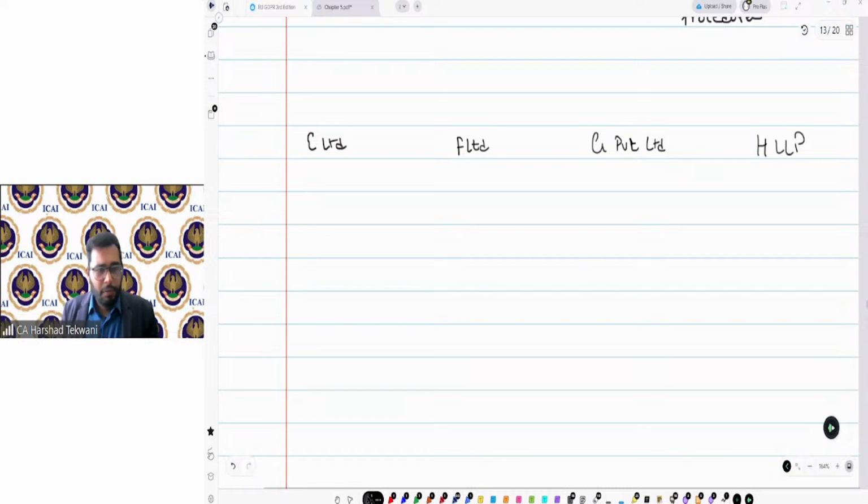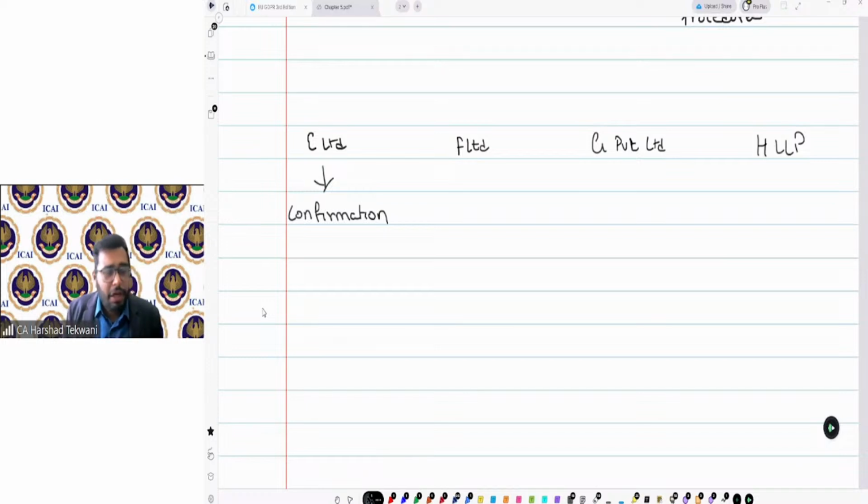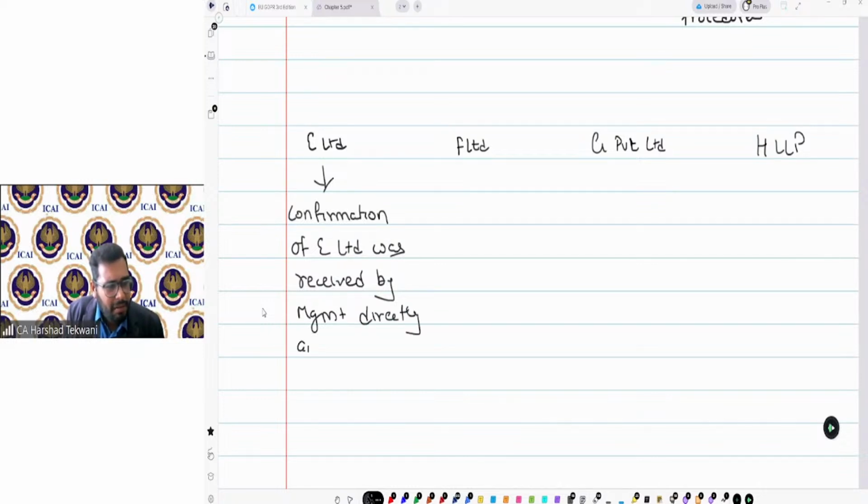Now the problem was, we were allowed to send confirmation to them and we sent the confirmation. But the confirmation received from E Limited was sent to management, not to the auditor. So the confirmation of E Limited was received by management directly and then forwarded to the auditor.